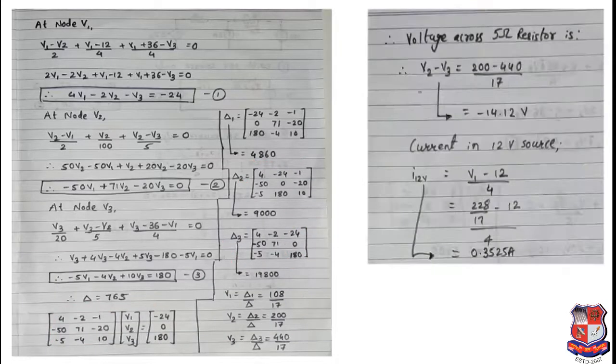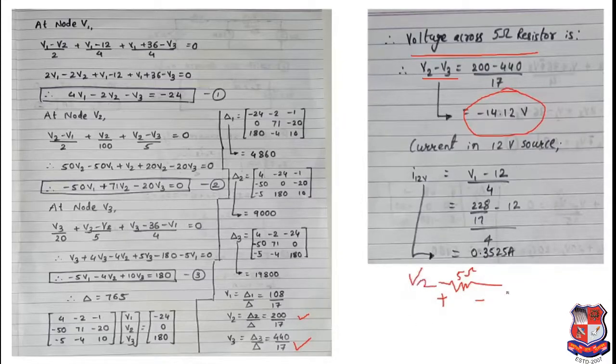So now what is done to find the voltage across 5 ohms? The voltage across 5 ohms is the difference of the two voltages. So the difference of V2 and V3 will give me this. Now this minus sign is there because, if you check the circuit, the 5 ohms is written in this way, so we have to write this in this way only, because V2 is connected to positive and V3 is connected to negative. If this was in the opposite direction, then V3 minus V2 would be the case and you would get a positive answer.